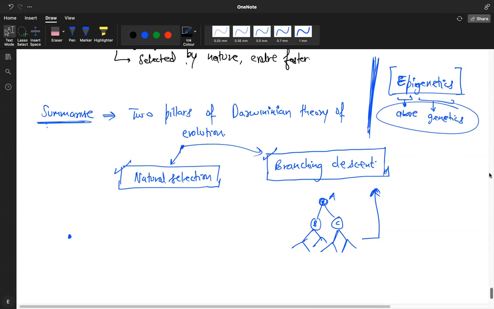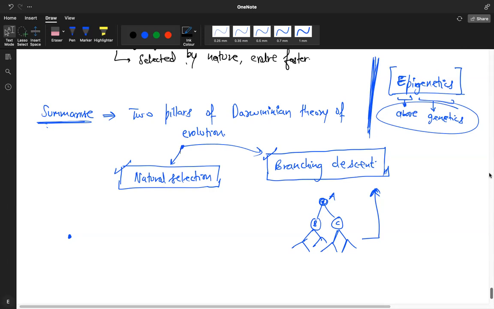He first upset the believers of the theory of special creation. Then he went on to upset the believers of Lamarck, because Lamarck was a naturalist. He was not from a religious school of thought. He actually gave some observation-driven proofs. Now, according to him, they were proofs, but according to Darwin, they were not proofs because there were flaws in his observation.